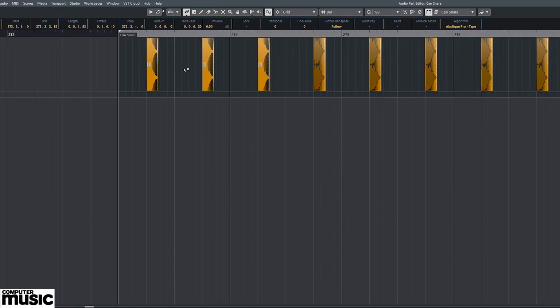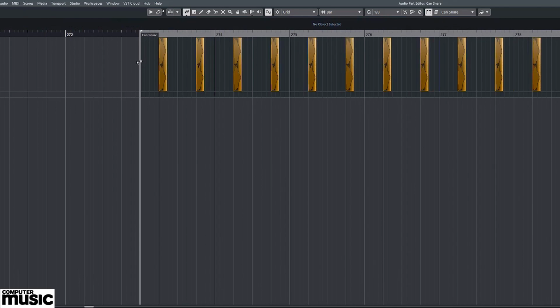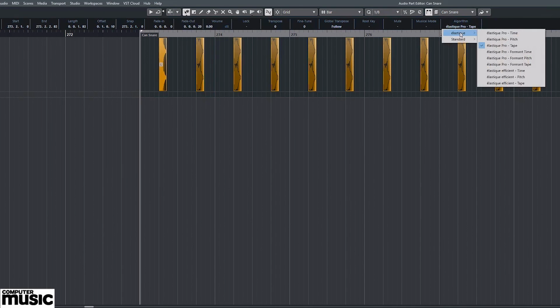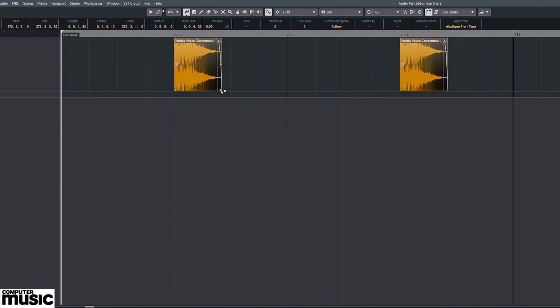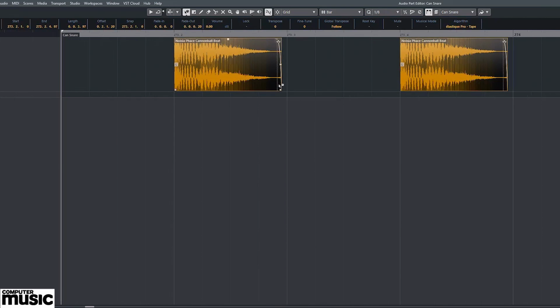But then we found, not long after doing Universal Truth, the first album, that they sounded a lot fatter just coming out in audio. So we stopped doing it that way. The way we would pitch a snare is in Cubase. If you go to the algorithm here, if you choose Elastic Pro Tape, and then you get your time stretch tool, as you time stretch it,